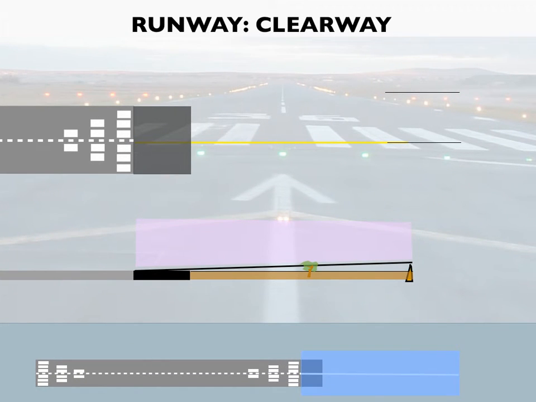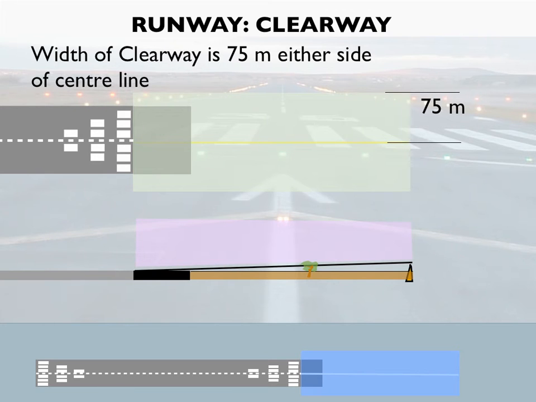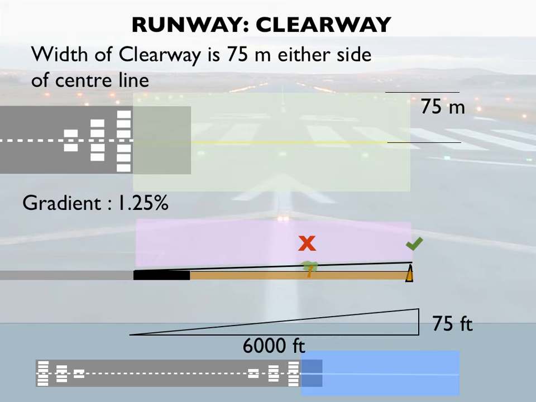The clearway needs to be of 75 meters width, either side of the center line. Also, there can be no obstructions protruding above the 1.25% gradient line from the beginning. In this example, this obstruction is protruding in the clearway space and therefore not allowed. The second one is allowed since this does not protrude in the clearway airspace. Just to give you an idea, at a distance of 6,000 feet, a height of 75 foot will form the